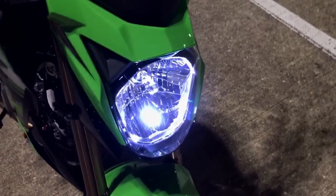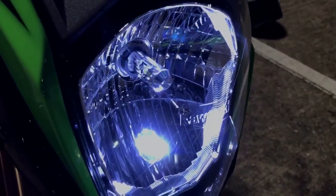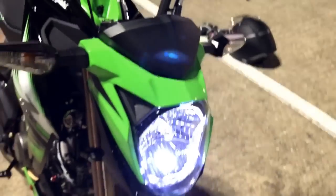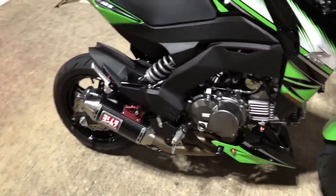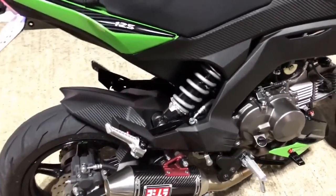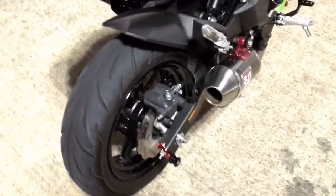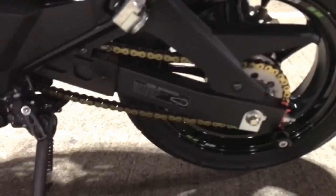LED pilot bulb, Pia LED headlight, which was 142. I've done Yoshimura exhaust, Power Commander 5 on here. Rear swing arm spools, gold chain, 15-2 front sprocket,